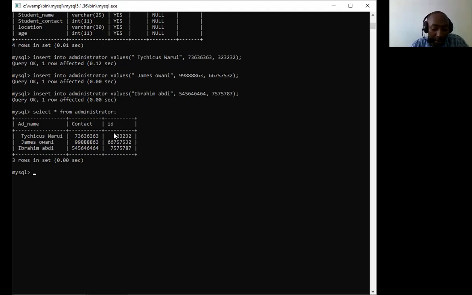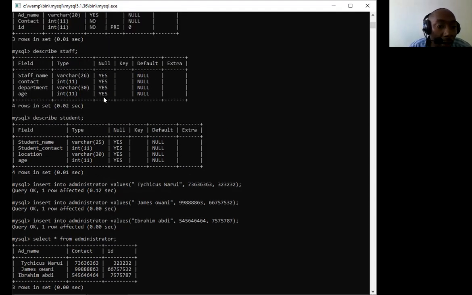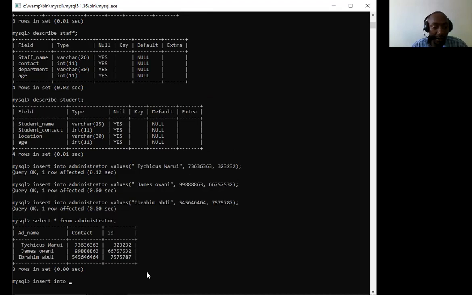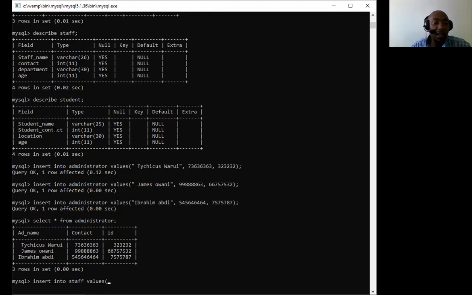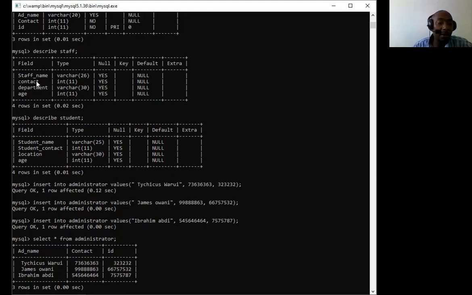So I'm going to continue inserting values because I will use them later somewhere. So insert into, now I'll work on student. Let me deal with the next table called staff. I'm going to insert values in staff. Insert into staff. What are we inserting? We're inserting values. Which values? The first value that you are supposed to insert is the staff's name, then the contact, the department, then age. And you notice that the staff's name should be varchar. Then the contact should be int. Then the department should be varchar. Then the age should be